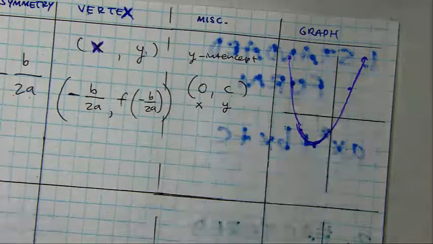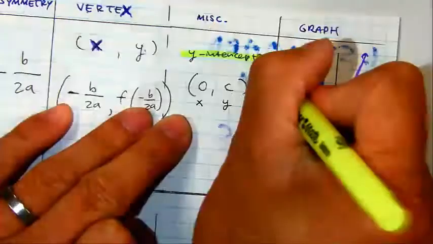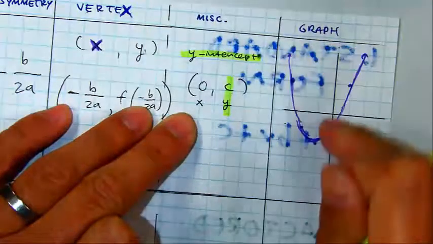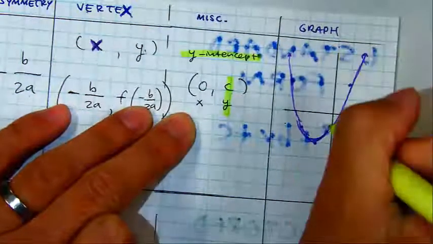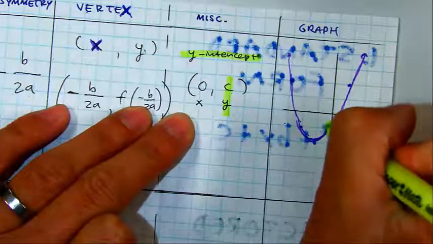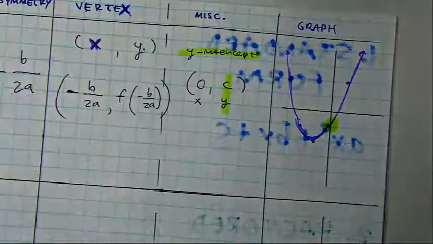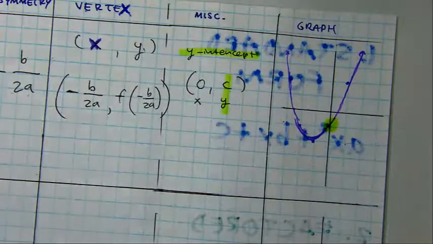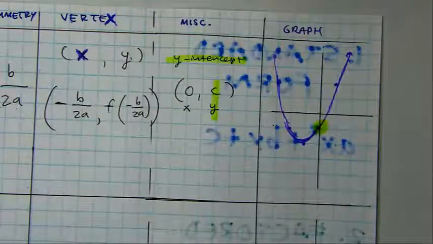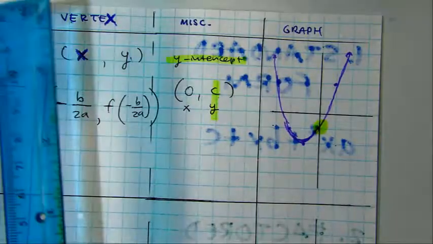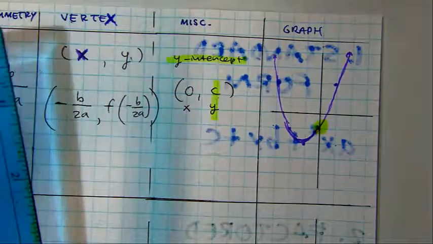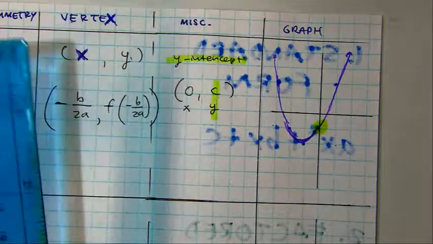Well, that y-intercept is where it crosses the y-axis. This is the y-axis right here, and this is your y-intercept. So that is the advantage of standard form. Now, one thing we need to draw is also